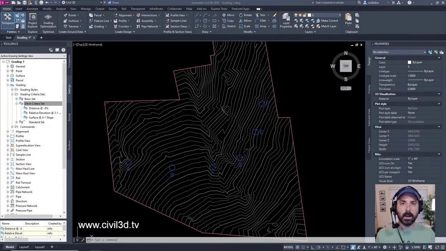So don't get confused by thinking that everything has to be a particular way. For example, one engineer likes to grade parking lots at maybe a 1% slope. They use 1% as the minimum slope to grade out a parking lot.